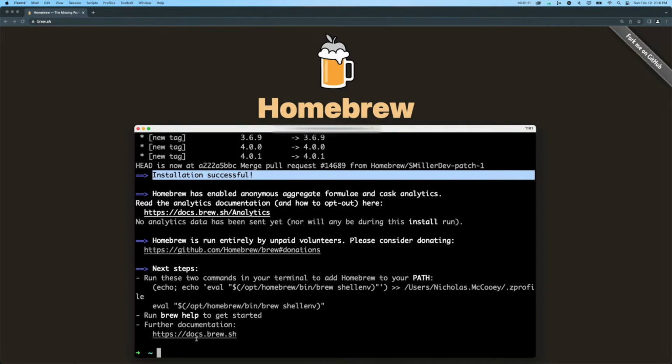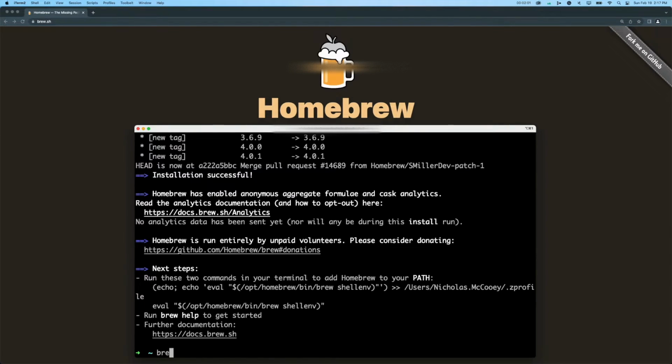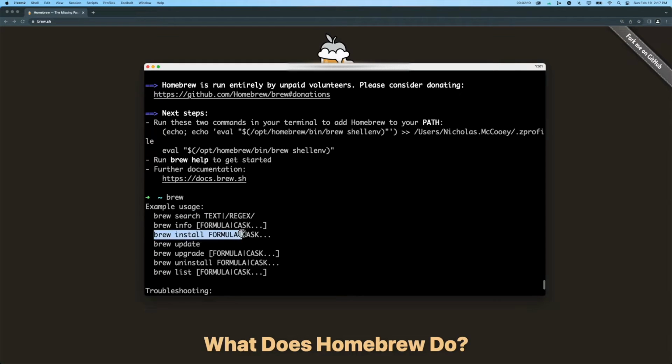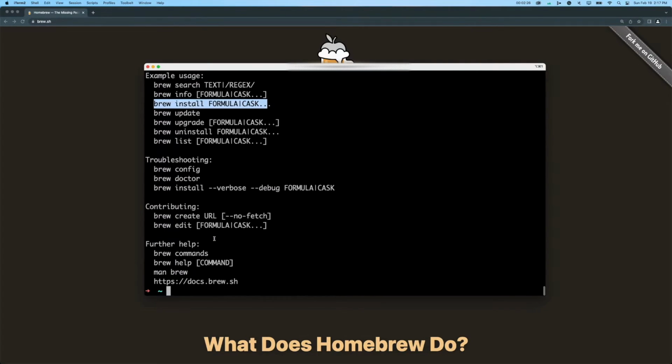Now keep in mind, to make sure that you have Homebrew installed successfully, you just want to type in brew, and then it will give you example usage on how to use Homebrew. If for some reason it doesn't give you that, if it tells you it can't find the command brew, then that means we have to manually add the command to our path. Most of the time you won't have this issue because the script that you copied from the Homebrew website will automatically add it. But there are cases where it doesn't,